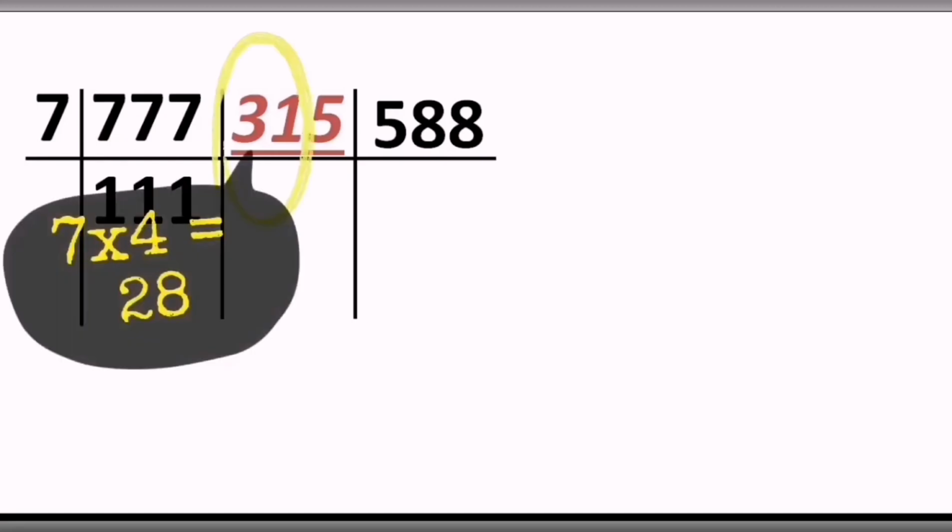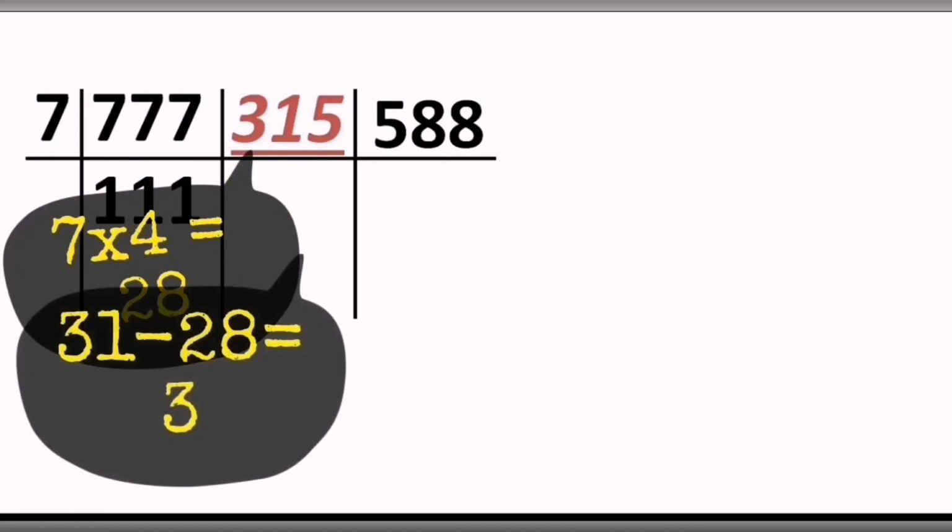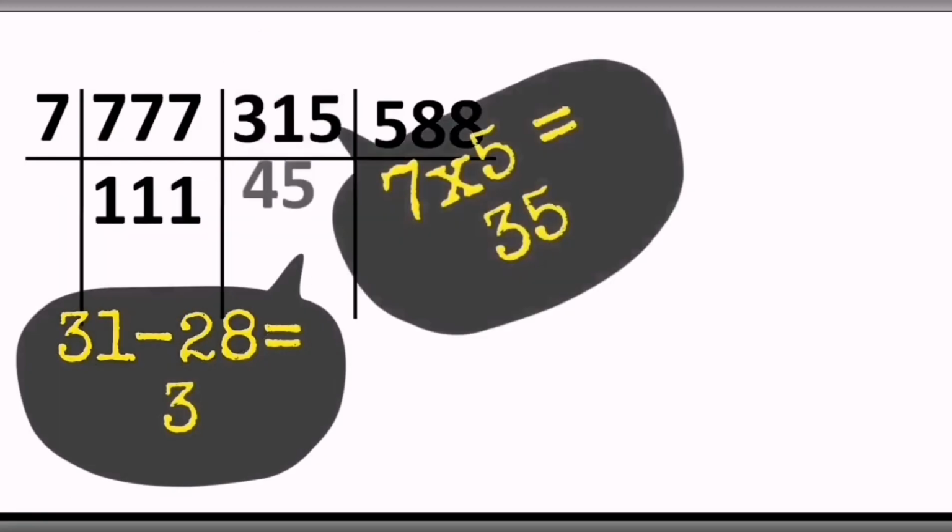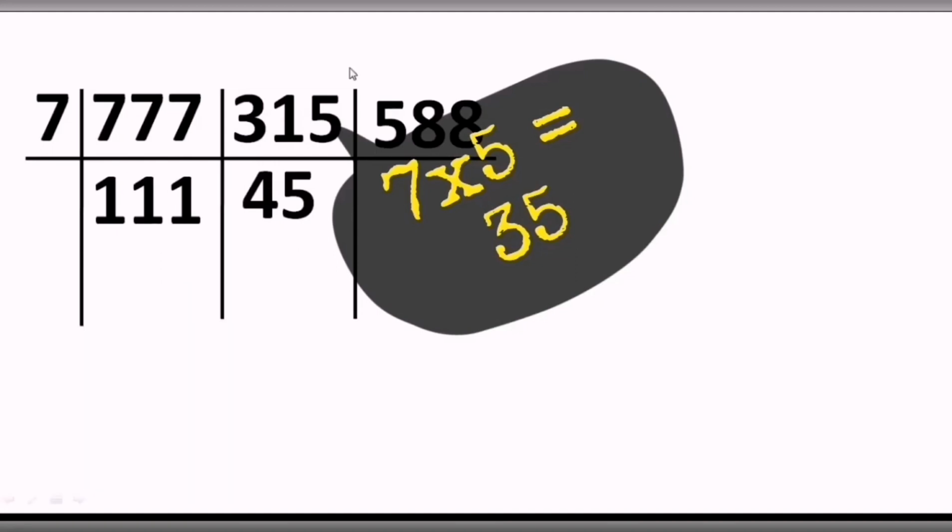So we are going to divide all these numbers by 7. Okay, and when you divide the first number by 7, you get the answer 111. Easy one. And now the moment you divide 315 by 7, how are we going to get our answer? Okay, so the first two digits of 315 are nothing but 31. The largest number less than 31 which is present in the table of 7 is 28, that is 7 4s are 28, right? So that makes 3 as a remainder, and 3 with the last units place 5 makes 35, and 7 5s are 35. So we get the answer 45 over there, as a quotient.